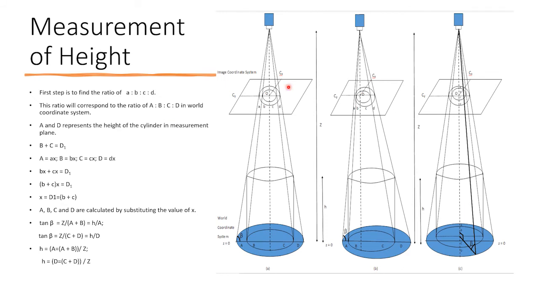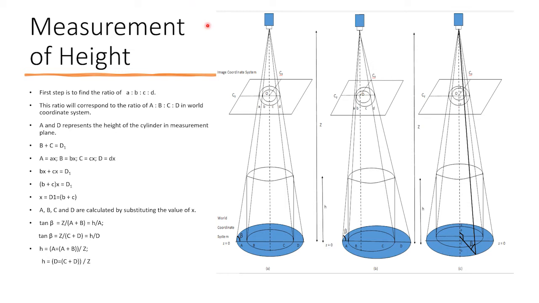In this image, we have represented the elliptical contours which we get by capturing the image of the cylinder from top. We have also shown the contours in world coordinate system in the measurement plane, which is denoted by z equal to 0. Now we get the x coordinates of these extreme points in case 1 and 2, as both the elliptical contours share the same horizontal axis, but in case 3, as both elliptical contours share the same vertical axis, we calculate y coordinates of these extreme points.